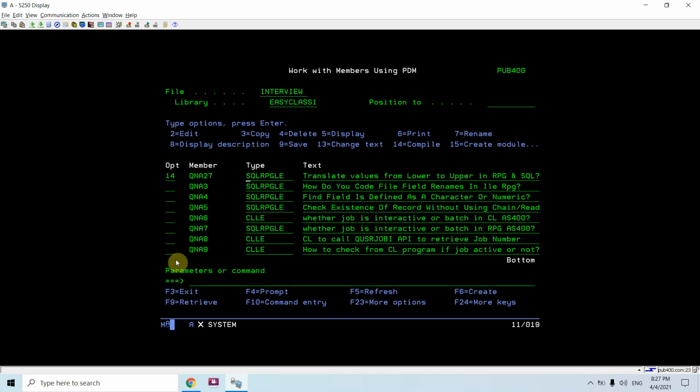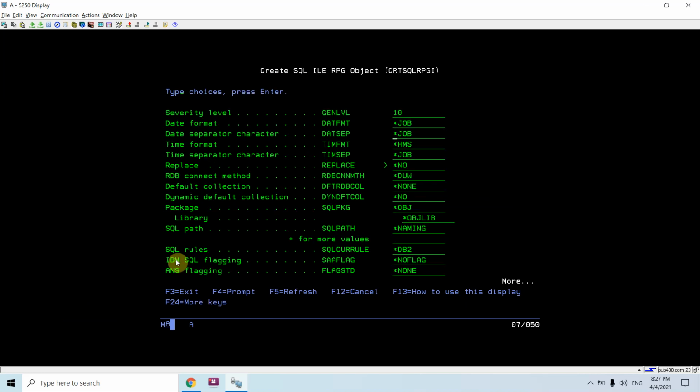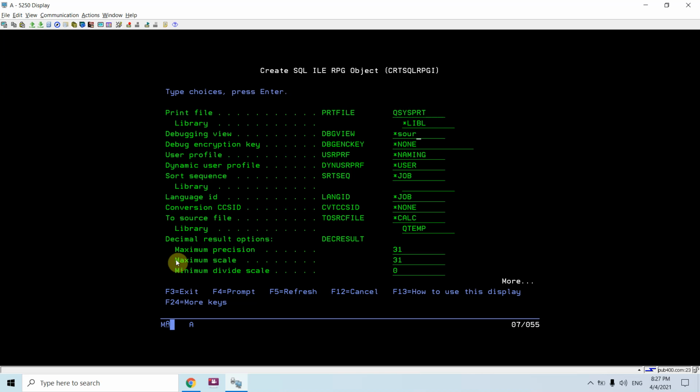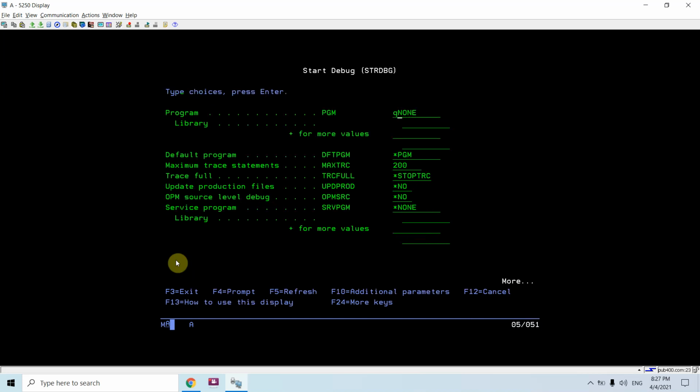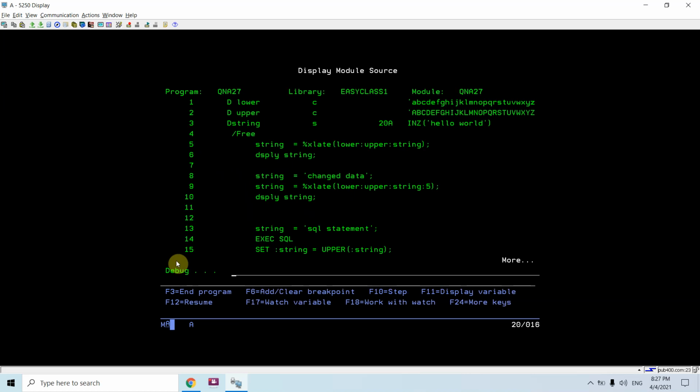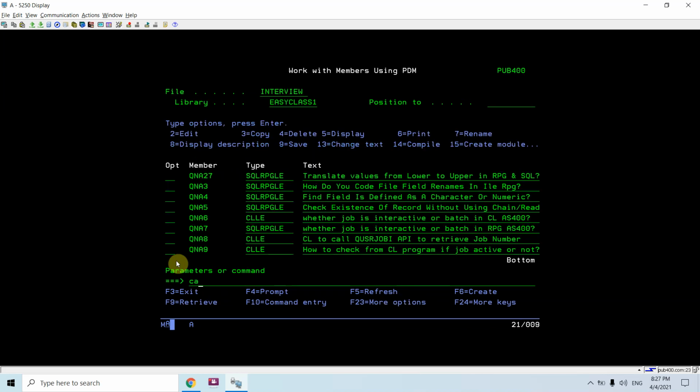So let's compile this with debug view *ALL so that we can debug. Let's set the breakpoint and call this program.